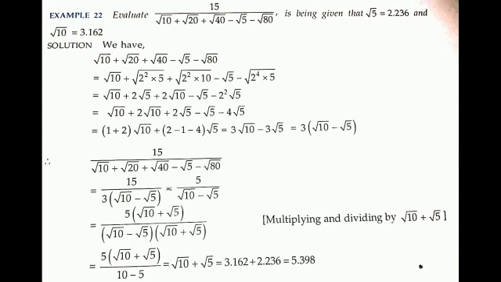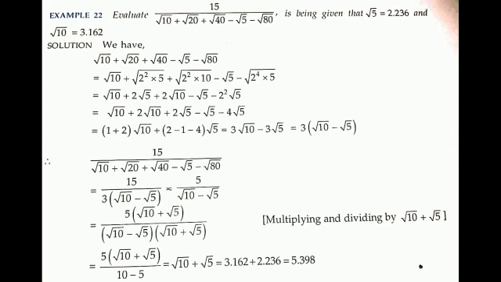bringing like terms together, root 10 plus 2 root 10 plus 2 root 5 minus root 5 and minus 4 root 5, all like irrationals together. So we have root 10 plus 2 root 10 equal to 3 root 10, and 2 root 5 minus root 5 minus 4 root 5 also gives us minus 3 root 5. Taking 3 as common, what we have? 3 bracket start root 10 minus root 5 bracket close. So this was all about the denominator. So now we have the denominator in the simple form.